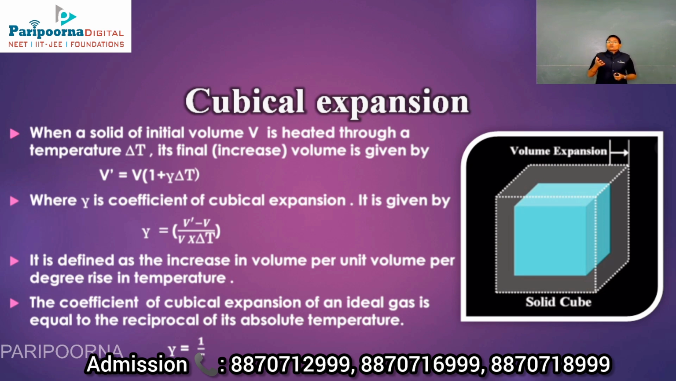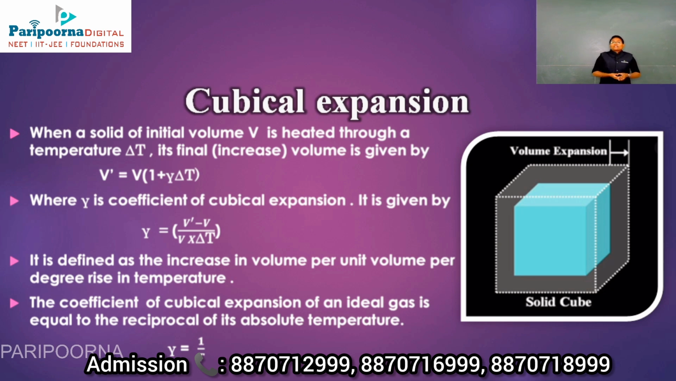When a solid of initial volume V is heated through a temperature del T, its final volume is given by V dash is equal to V into 1 plus gamma del T. Therefore, gamma is the coefficient of cubical expansion. That can be written as gamma is equal to V dash minus V divided by V into del T. It is defined as the increase in the volume per unit volume per degree rise in the